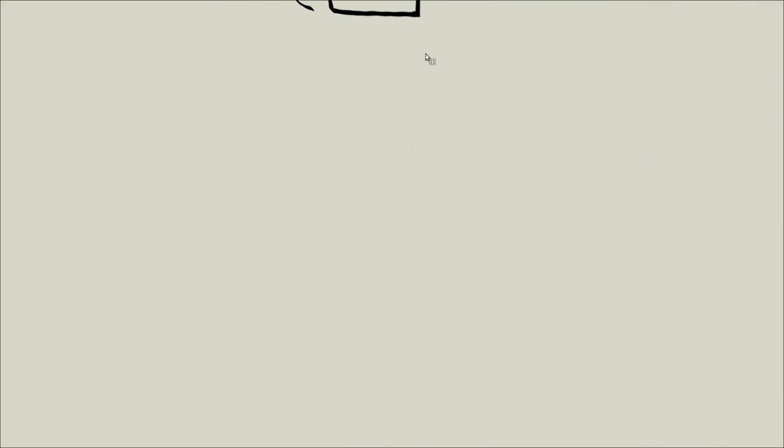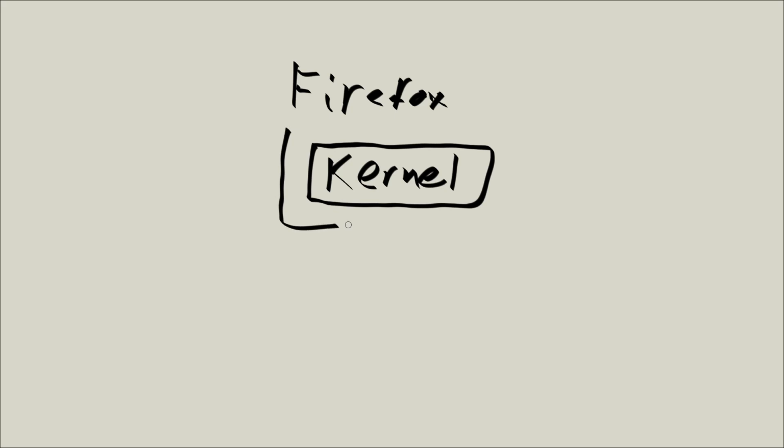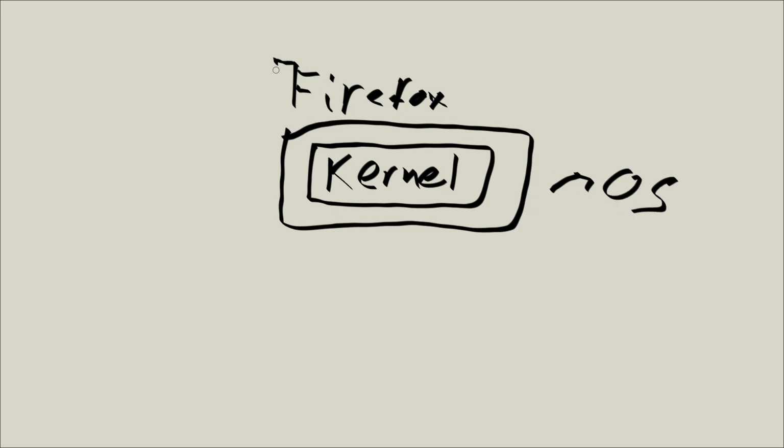had that image in the previous video, but let's write it up again. So let's say I have Firefox here, and let's say I have the kernel here. But again, you do understand that the kernel is just a part of the operating system, and to emphasize it, I'll just write a bigger box. So this entire big box is the operating system. Firefox is just a piece of software that we are running, and then we have the hardware, and in this case we have the hard disk